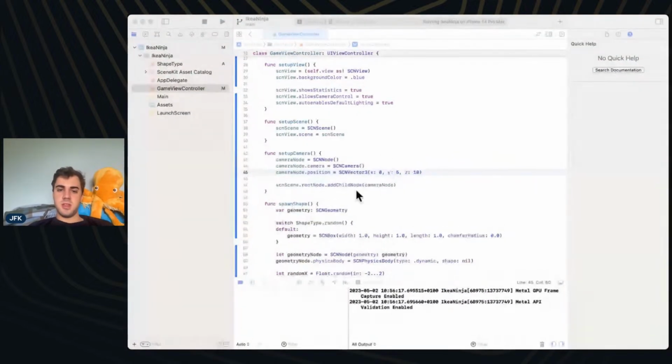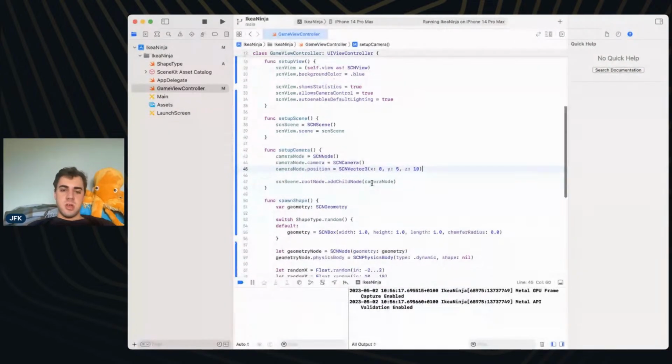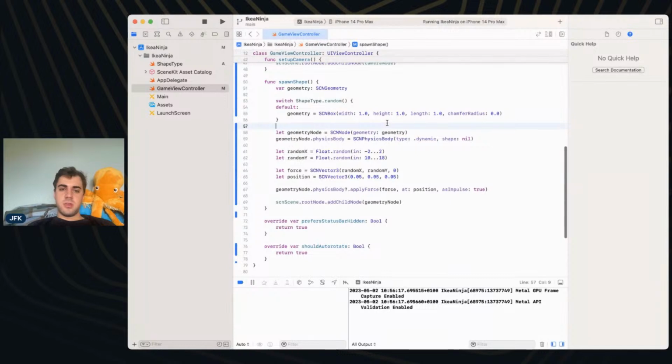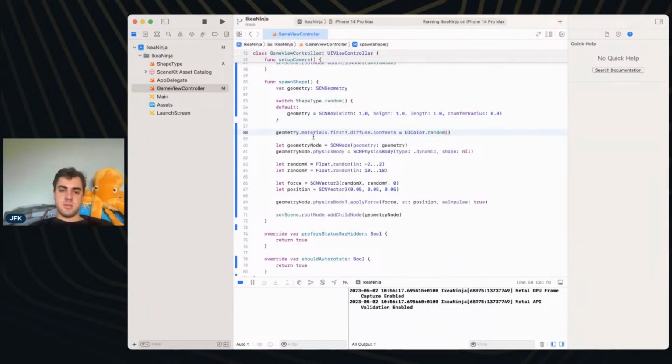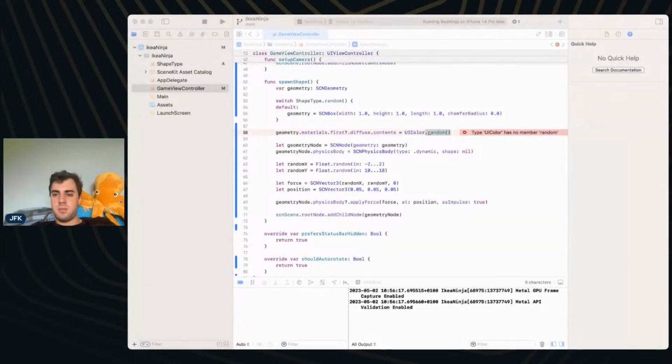And then also, let's make them random. Yep, okay. So let's see, spawn shape, where you create geometry, let's set this, so UI color. Let's actually set that up as